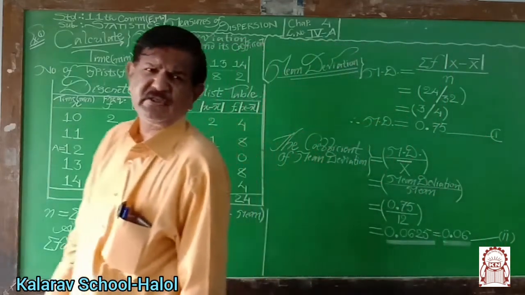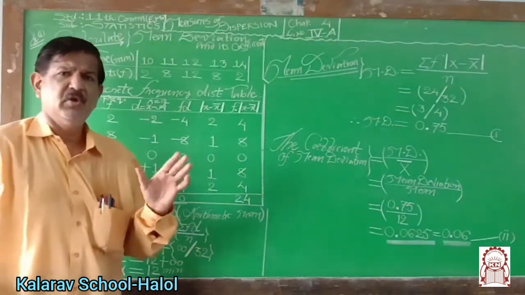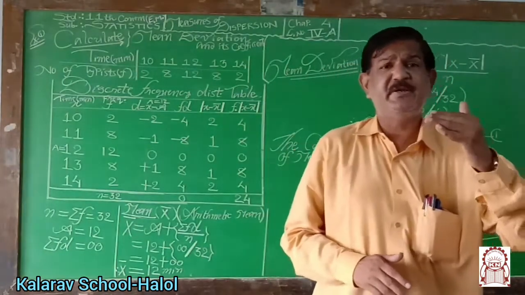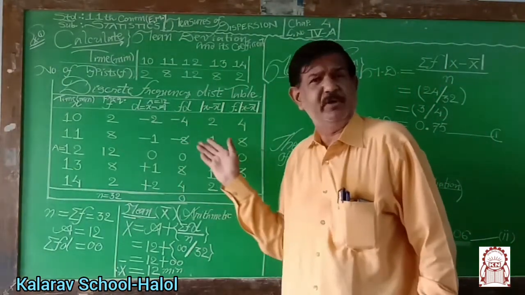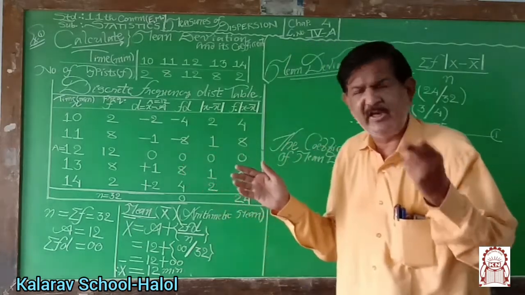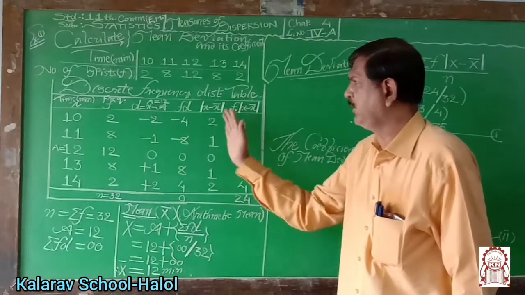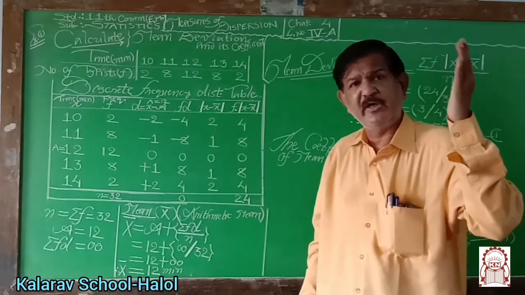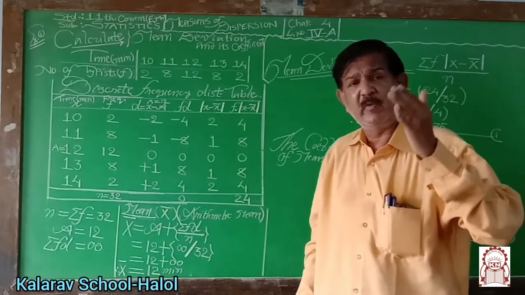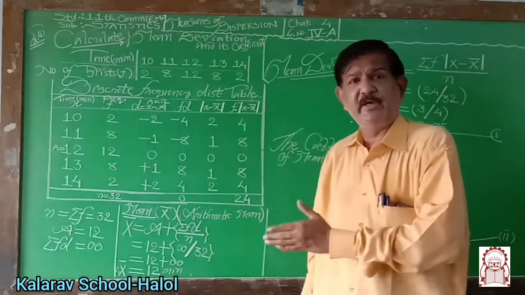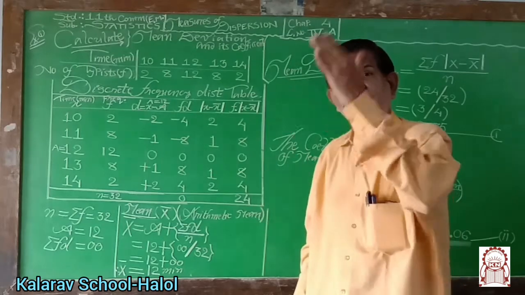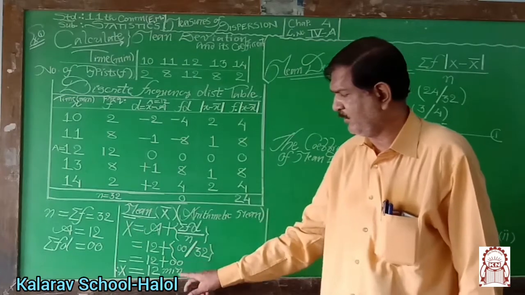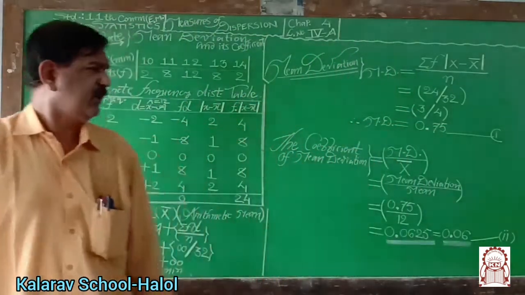See, this is just a little extension of the last chapter. If you have studied and practiced chapter number 3, measures of central value, then it is a part of chapter 3. Only the new thing is these two columns. Up to this point, it is the revision of the last chapter. We have studied mean, median, mode, quartile, decile, percentile for ungrouped data, for discrete series, for continuous series in the previous chapter. So practice very well. This way we get N and the arithmetic mean. Now only the formula is required.